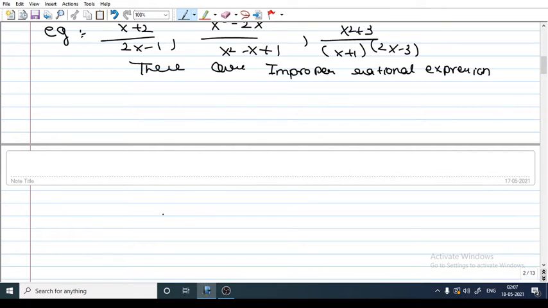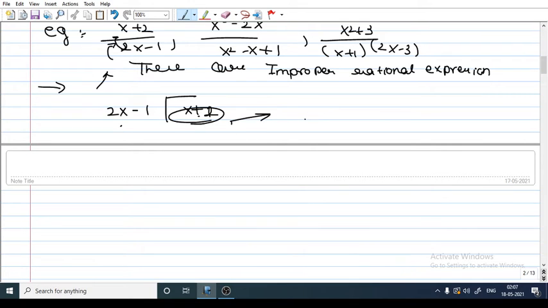Now we will see some basic things. Now you might ask me, what is the process to convert these types of improper rational expression? You have to just divide this with this, and then you can write this thing in terms of this, then it will cancel out. You have to take x plus 2 divided by 2x minus 1. Then you will be able to express it using dividend is equal to divisor into quotient plus remainder. So using that you will simplify this.